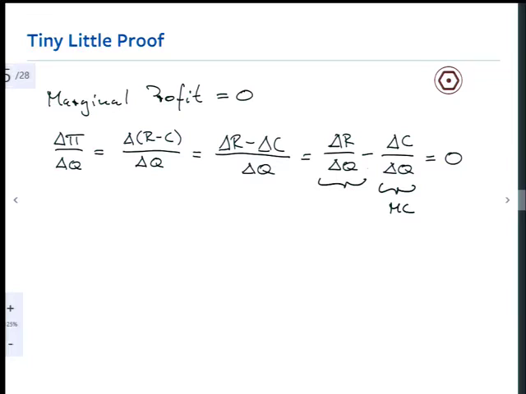So if the change in C, the change in cost due to a change in output, is called marginal cost, then the change in revenue due to a change in output is probably going to be called marginal revenue, right? So this is marginal revenue. So what I've derived here is that at the profit maximizing output level,